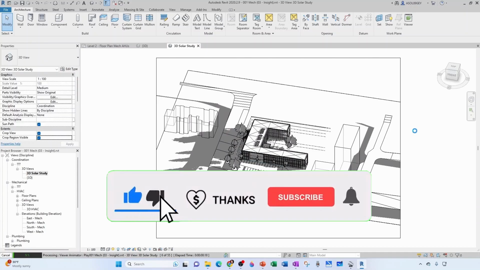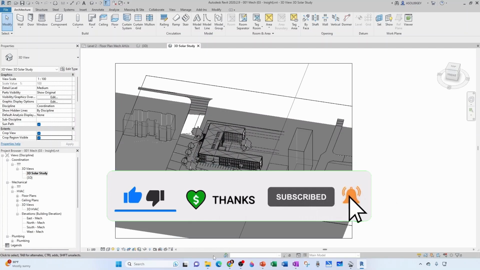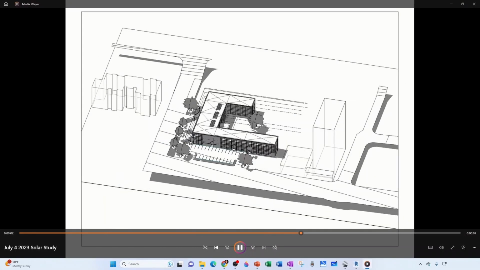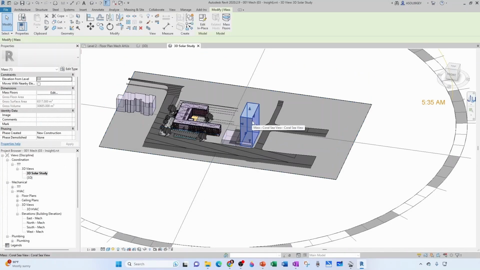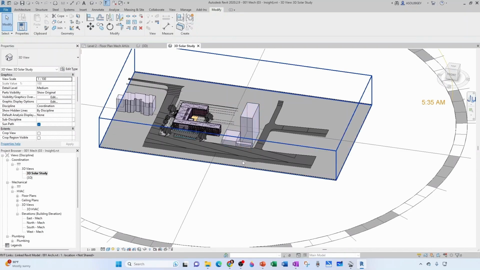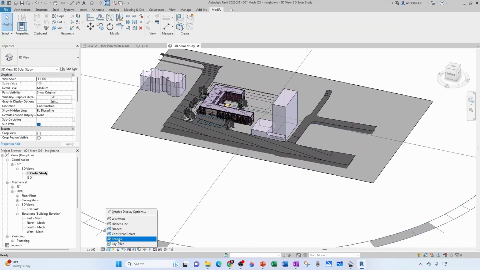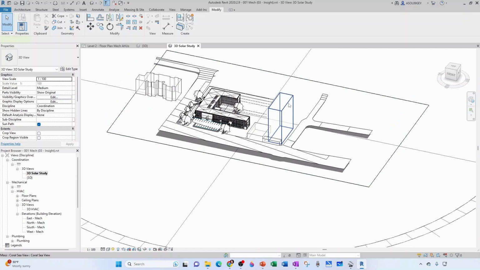Now we can see the shadows moving around as the video is exporting. Now let's open our animation to see how it turned out. Let's open it with Media Player. There you go. And if you asked me before why the massing elements were not casting the shadow unless I was clicking on the element, it's because they're set up to transparent somehow, right? You can tell that even if I change from shaded to, let's say, hidden line, you can still see the lines behind it, right? So let's go ahead and try to override that at the family level,